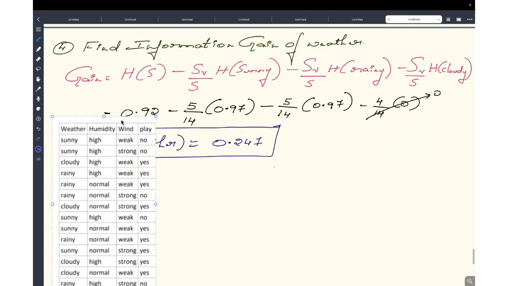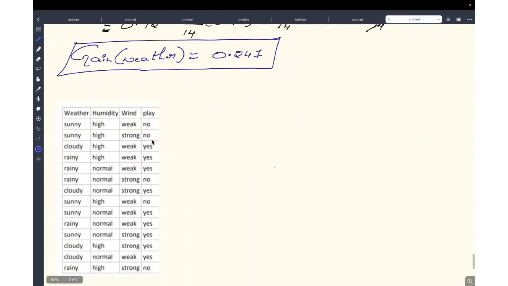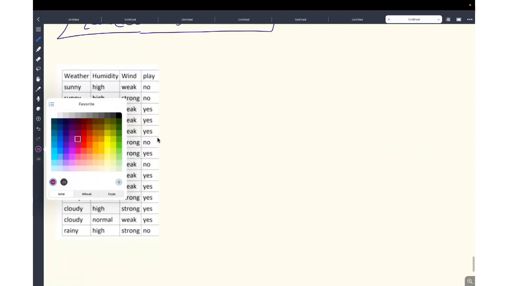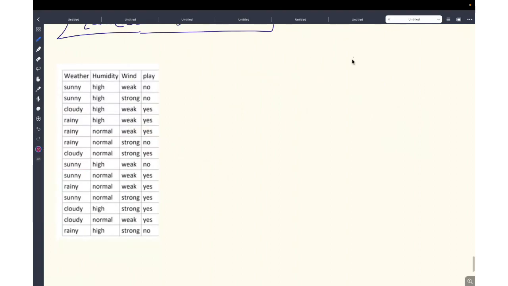You can put the value directly. We'll do it for a second one now in the same process. I'll take humidity. Anyhow, the common entropy will be the same, 0.92 itself. Anyhow, you have just two categories, so it will be faster. I have 6 more minutes. I don't know how much time is remaining. Entropy of humidity.